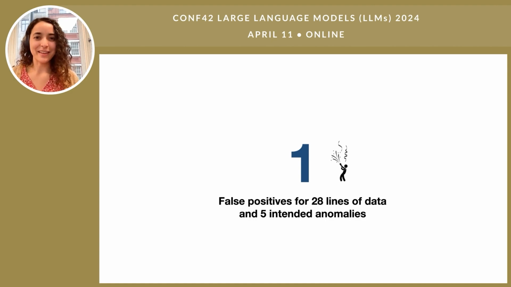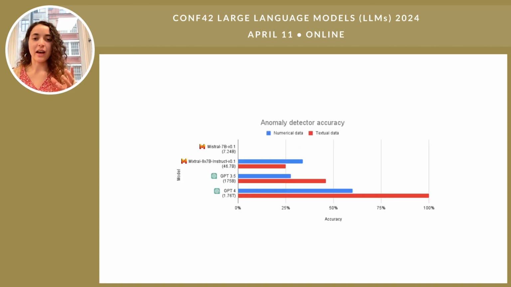Now, I did mention that OpenAI is quite expensive, so what about the open source models? When I was running this experiment, I ran it against 2 of Mistral's models, which you can see here. And you can see that although OpenAI's GPT 3.5 and GPT-4 do perform better, Mistral is catching up. It's not that far behind. There are these open source models which are doing much, much better, and they're coming up.